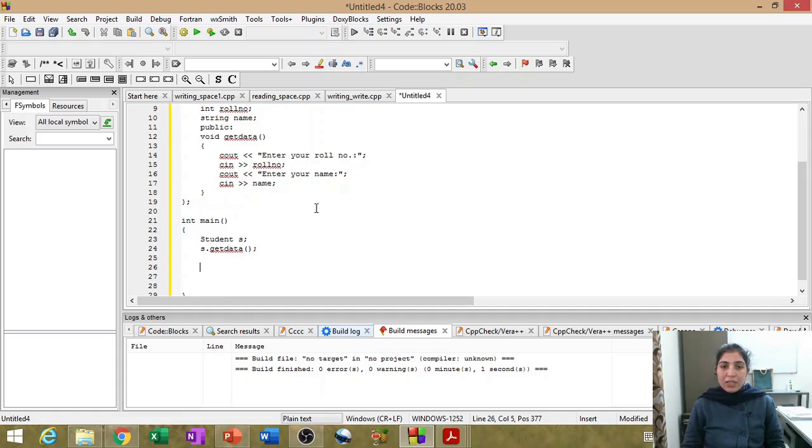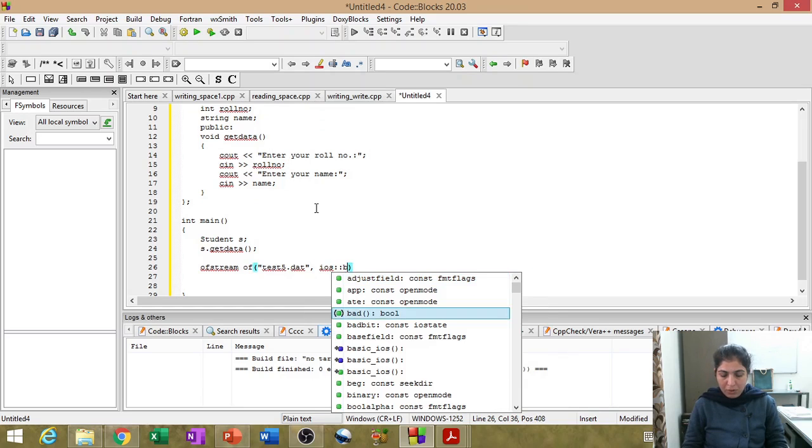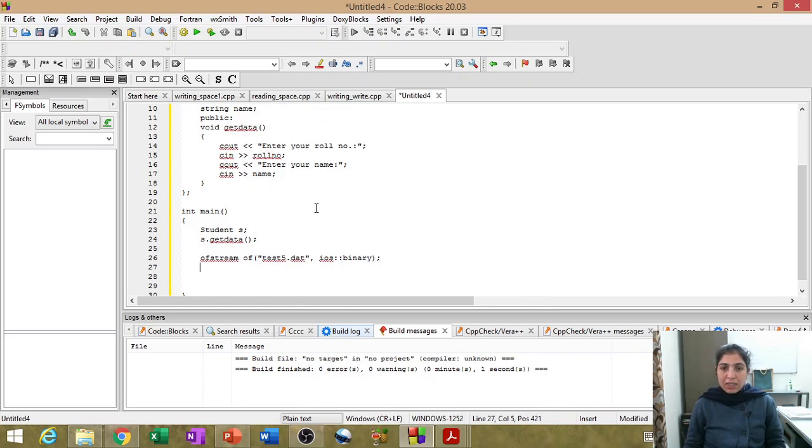Now we want to write this object onto the file. Before writing we need to open the output file stream, ofstream of, and here we will write the name of the file test5.dat, and I want to open it in binary mode because we are dealing with objects. Okay, and now using of and then the write function we can write this data, but before that we'll use